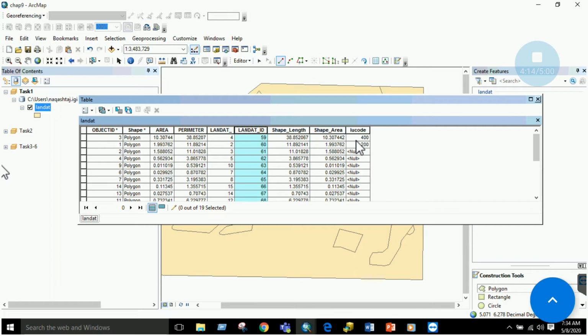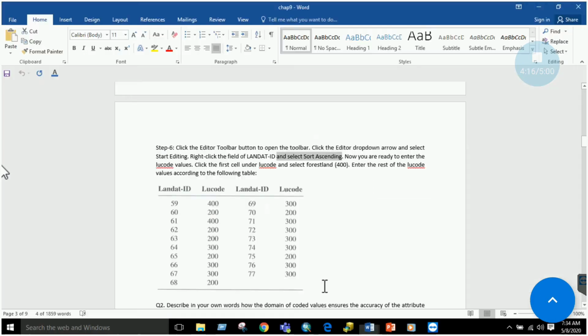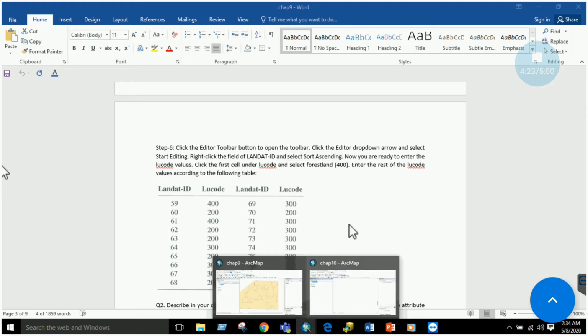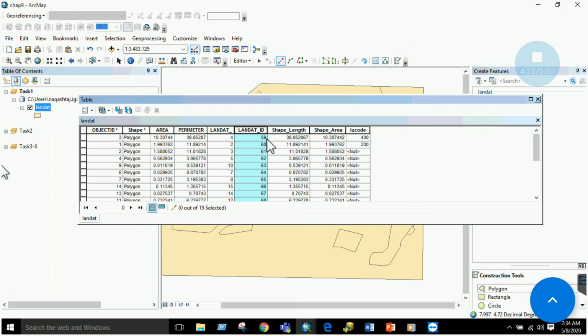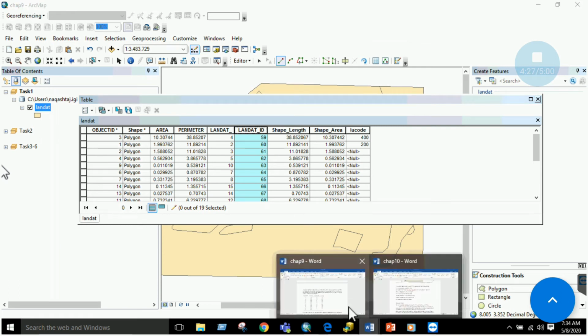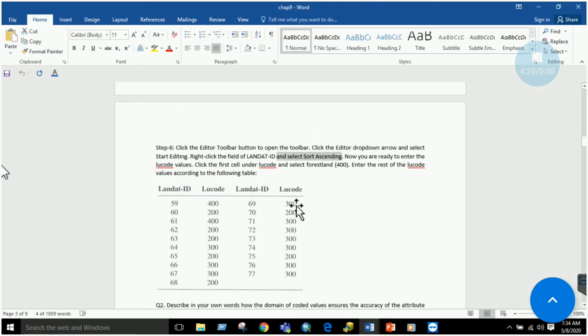Then you have to fill up some values which are mentioned here. For example, for 69 you have to enter the code 300, right?